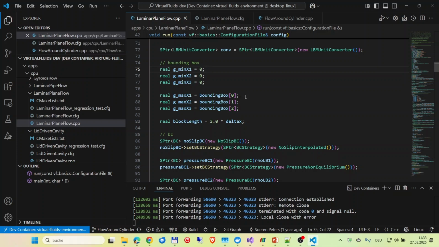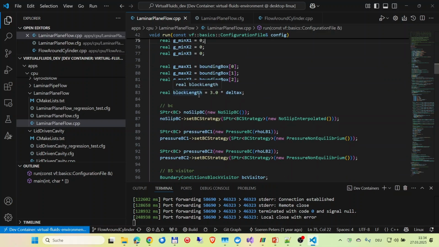If you generate some grid, as always, we define the maximum whole bounding box in which we want to have our grid. It's not necessary that the grid at the end will also have this form, but we define a domain,